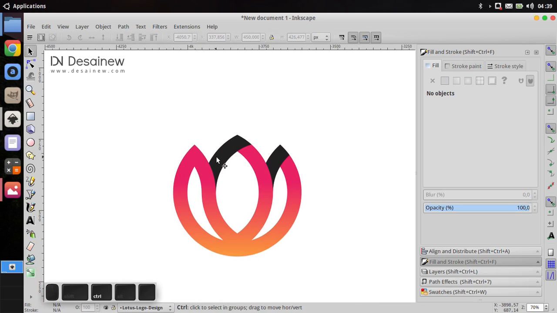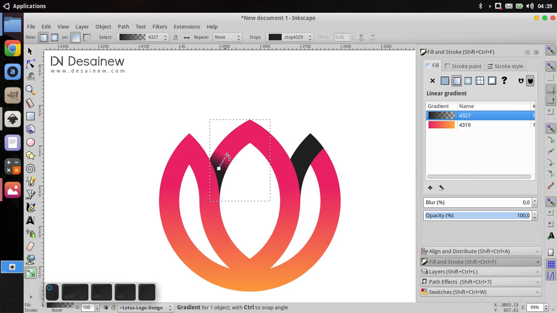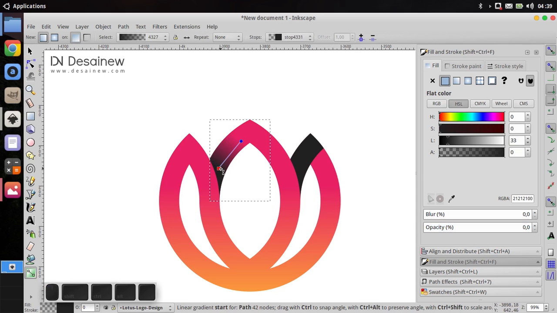Okay, for the shadow object you can give a gradient too, like this.